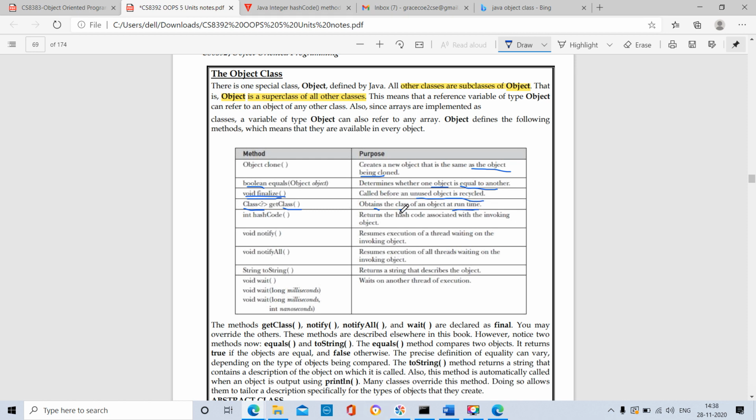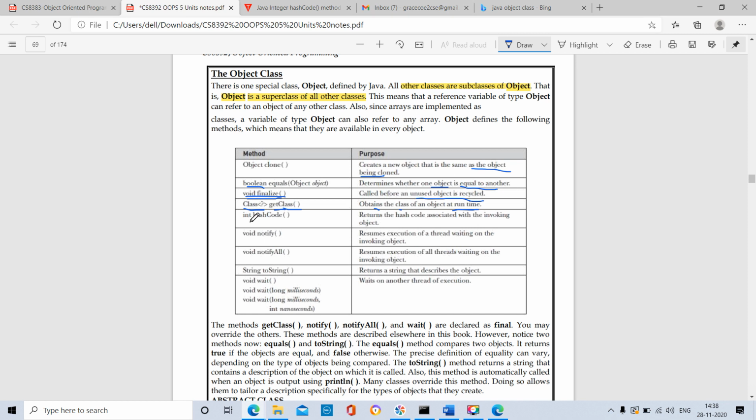At runtime, it will obtain the class of an object. Easily you can remember: getClass is the method used to obtain the class of an object at runtime.